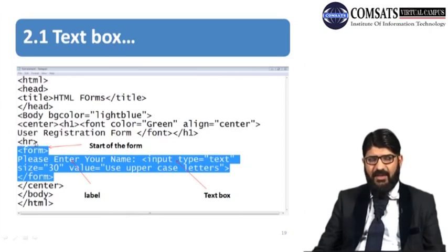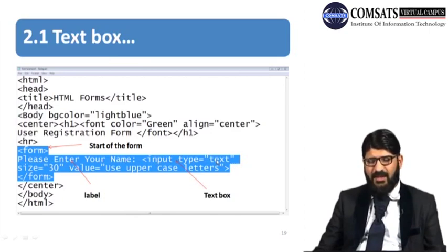HR is for the line tag. After that a form is created. If you see the start of the form, F-O-R-M, it is the start of the form. Now please enter your name, text is written, and then input type is given as text.